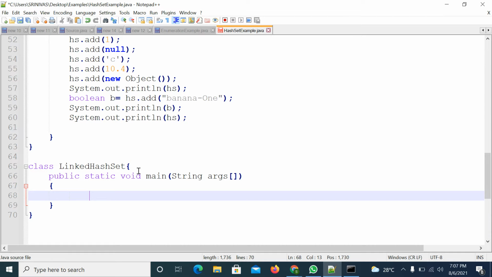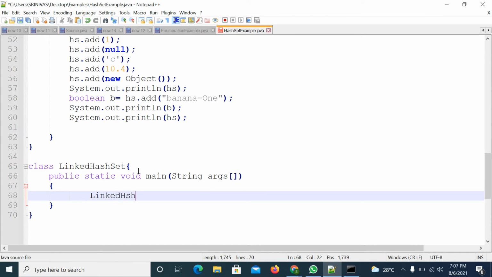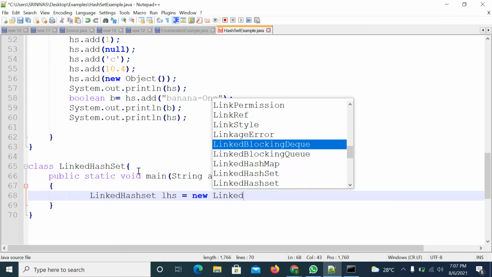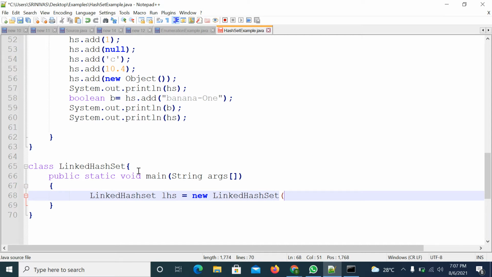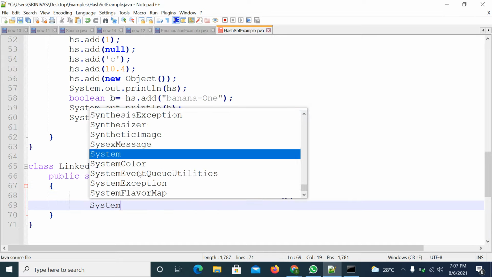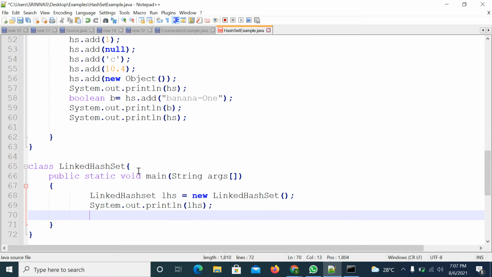Here you can create an object for LinkedHashSet. So LinkedHashSet equal to new LinkedHashSet, right? If you print that object, you don't have any data. Now you can add some data.